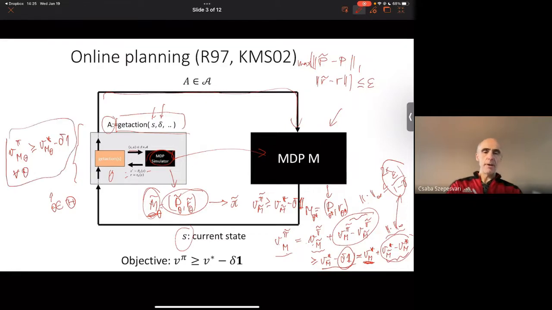So you can have a robust goal, and you can try to work out an algorithm to achieve this goal. Because if you're able to come up with something like this, then the true MDP is just one of these guys. It's theta star. So it's going to have this guarantee as well. But maybe it's not so simple to come up with a single policy that achieves all of these goals. Maybe it's impossible, right?